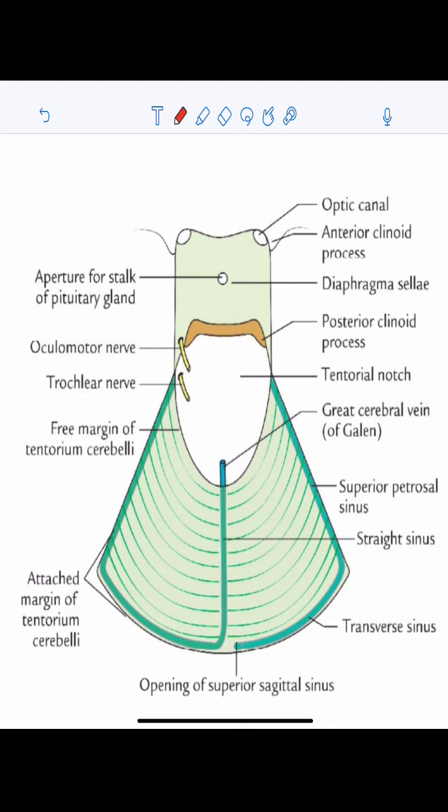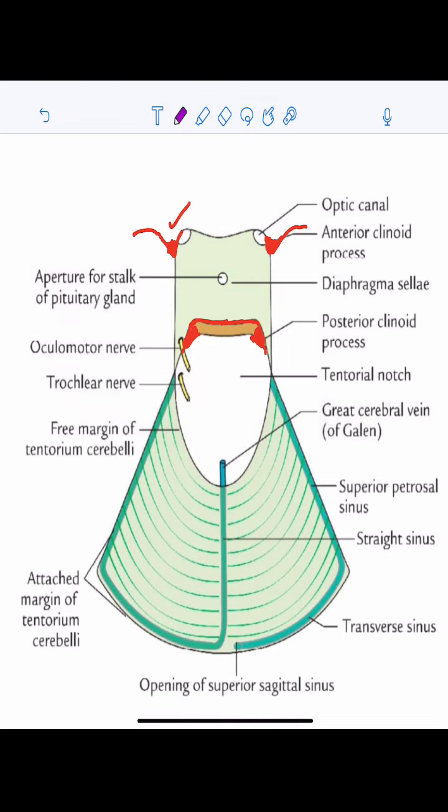So this is the lesser wing of sphenoid of both the sides, and medially it ends in a process, and this process is known as the anterior clinoid process. So this is the anterior clinoid process, and similarly there is the dorsum sella. On the posterior aspect of the body of sphenoid there is an upward projection which is known as the dorsum sella, and laterally it is going to project to form a process, and that is the posterior clinoid process. So this is the posterior clinoid process and this is the anterior clinoid process.